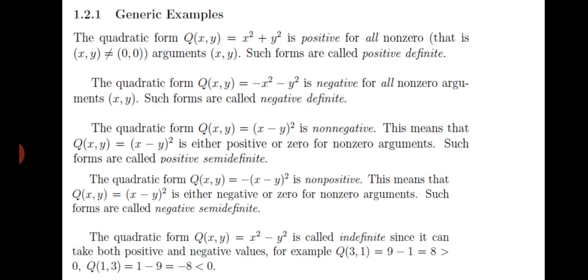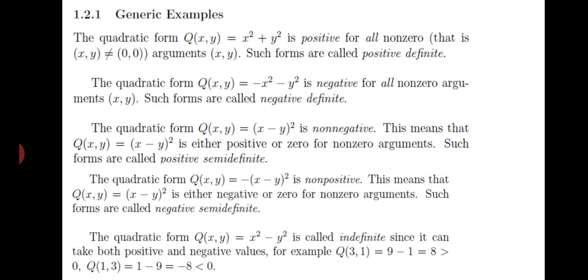It means it is the positive definite function. When you take the curve, we will discuss how the curve comes from this positive definite function. When a function is defined as minus x square minus y square, whatever values of x and y you take, except 0, it always comes out negative, and therefore it is called the negative definite function.